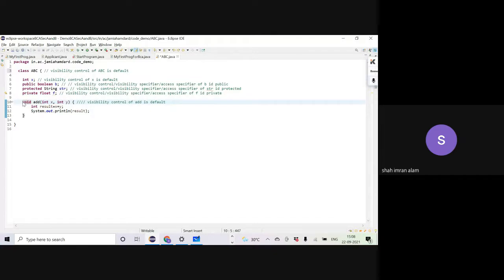That means I can have a default method. Okay? So the thing to remember is the class can have only two visibility controls, either public or default.